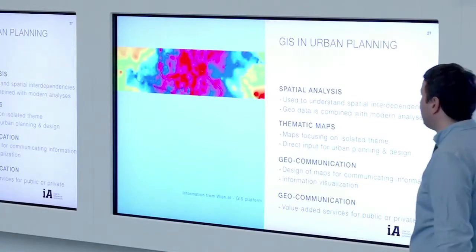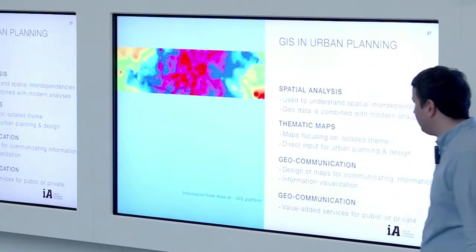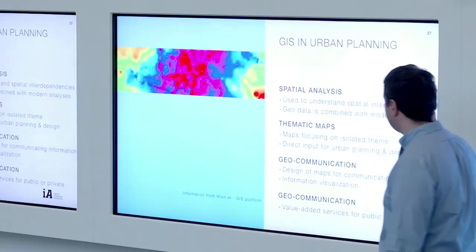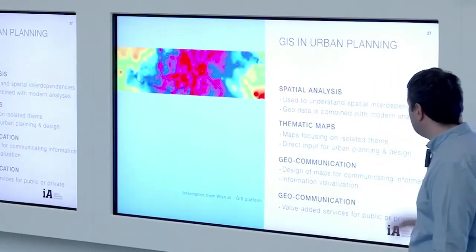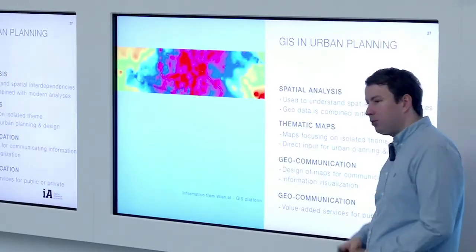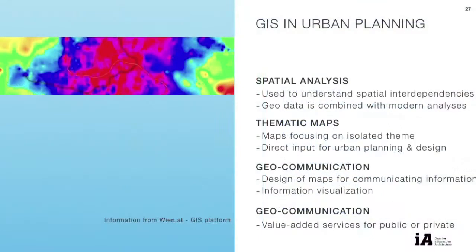So maybe GIS and urban planning, what you can actually do with it. You can make, as I said, a spatial analysis to understand spatial interdependencies. And you can create thematic maps, which just focus on a certain piece of information, like unemployment rate or maybe sun hours. Maybe that's better. Maybe in combination, it's nice as well. And